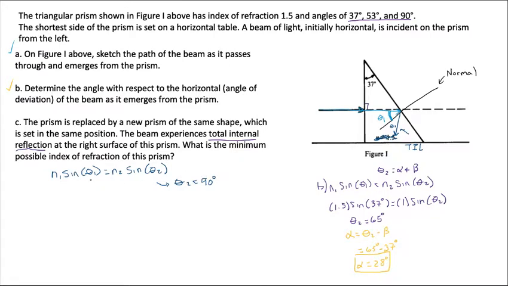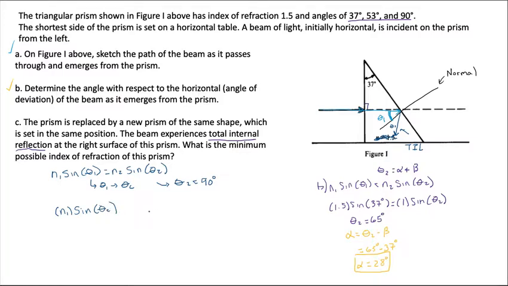And instead of calling this theta 1, we call it the critical angle. It's the minimum angle such that, once you hit that, it's no longer going to refract. And so essentially we have n1, so we're in the glass. That's what we're looking for. Sine of the critical angle,